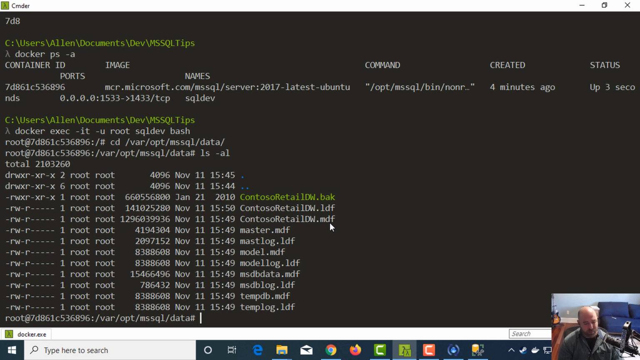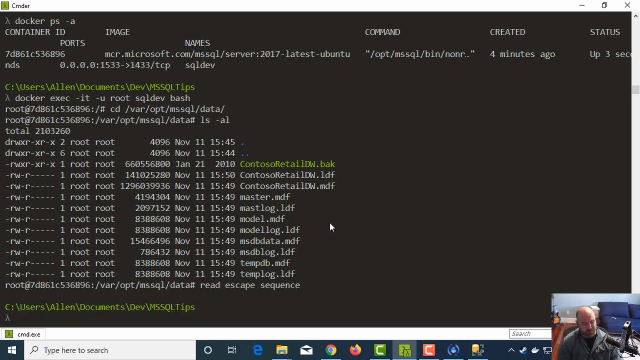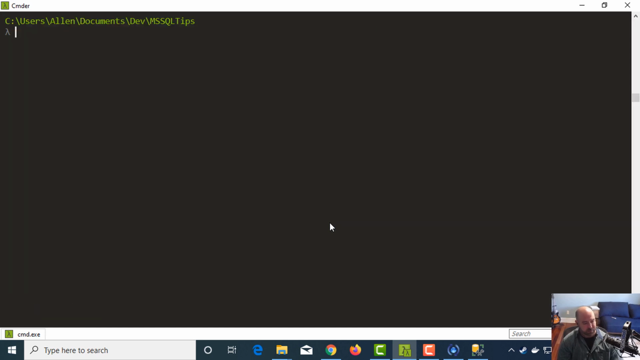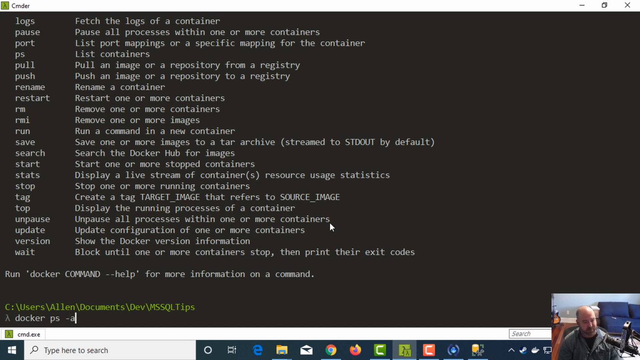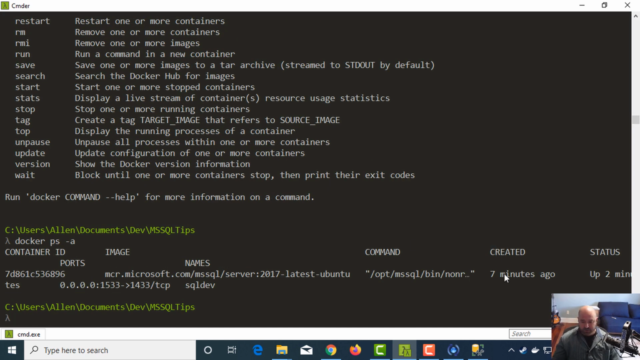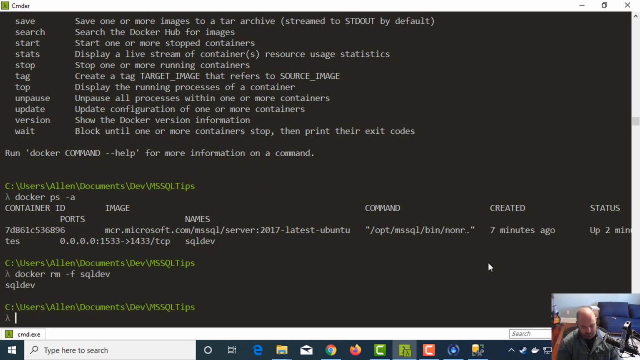So the last thing I want to show you is this. I'm going to press control P, control Q. Let's get back to docker ps dash a. All right, so this thing's up. What we're going to do now is kill this. So I'm going to say docker rm dash f sqldev. I want to kill it and get rid of it. So docker ps dash a,